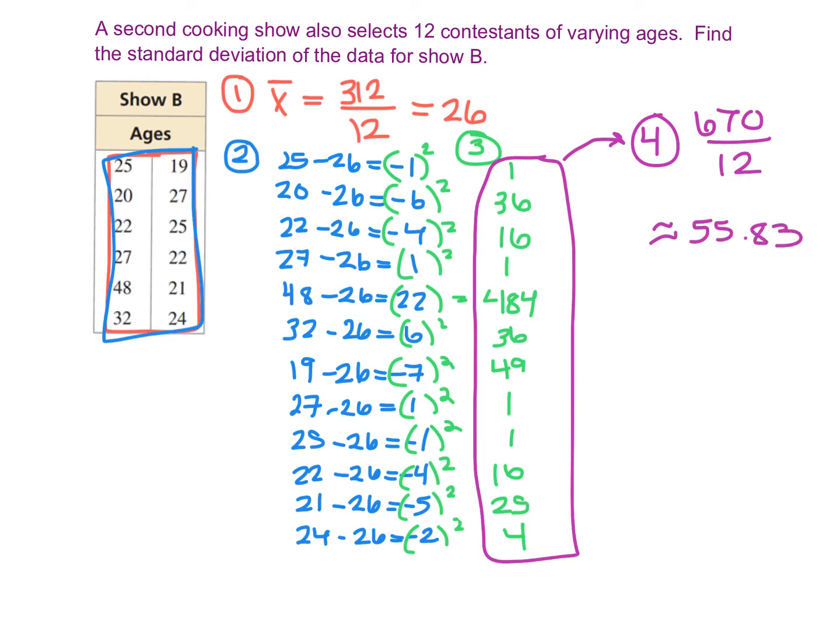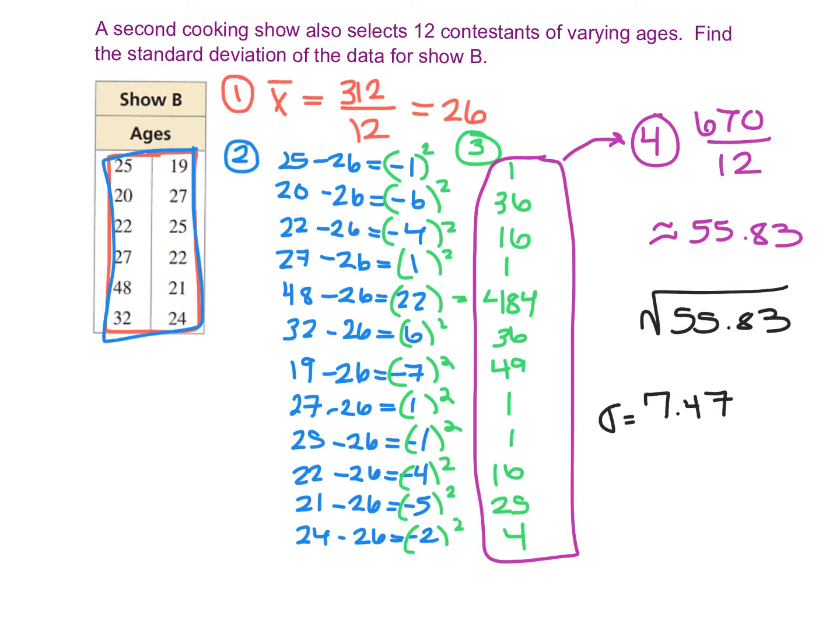So my final step here in order to find my standard deviation is to square root that value. So I square root 55.83, and when I do that, I find that my standard deviation value is approximately